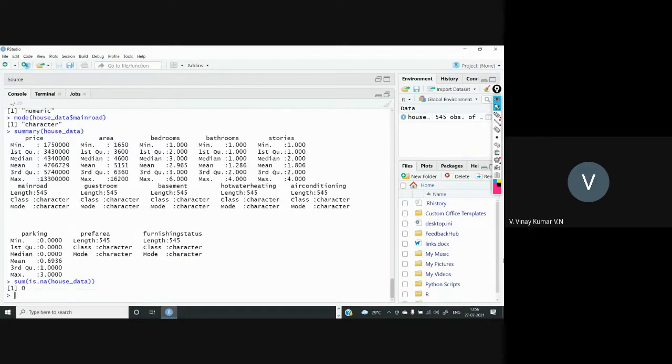So this is going to give the total count. So 0. That means there are no null values in the data. All the records, 545 records with respect to 13 columns, all the data is there, with no data missing. So it is correct. Okay. Now, next I just want to see outliers of a particular column. I want to see area-wise whether any outliers exist or not. To detect those outliers, I will use box plotting.